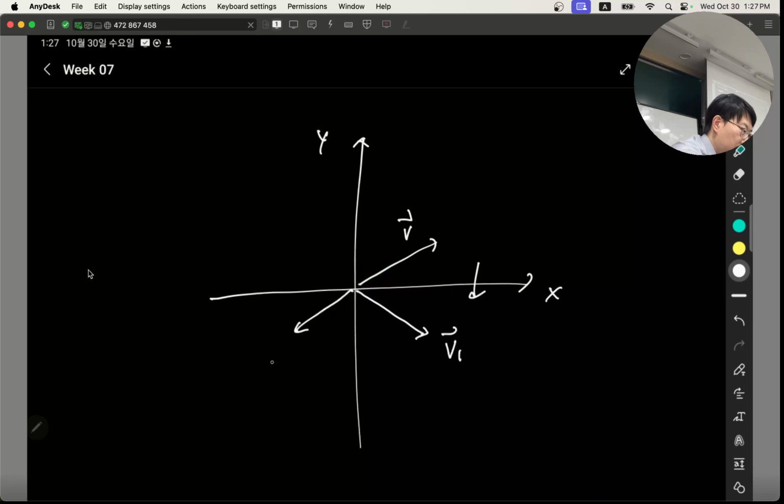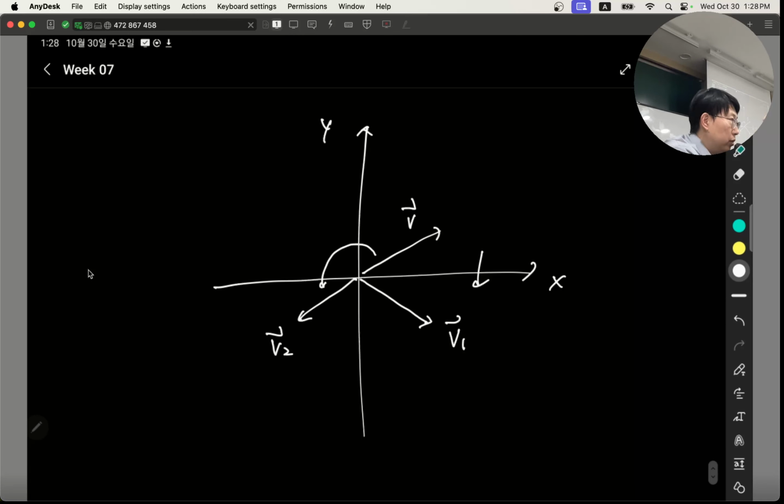Here, v2. So what's the effect of having two reflections applied to the same vector successively? I reflected v 180 degrees to the other side. That's because x and y are 90 degrees perpendicular to each other. What if I use different directions, different hyperplanes, different lines to reflect? So for example,